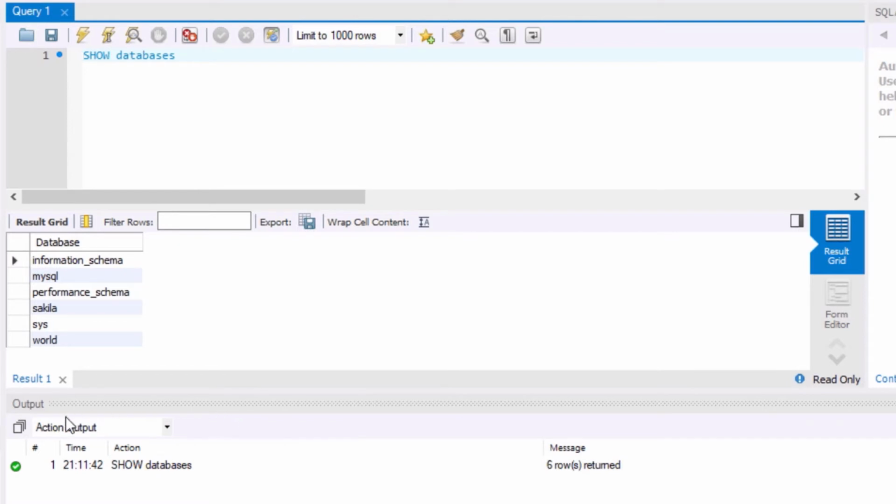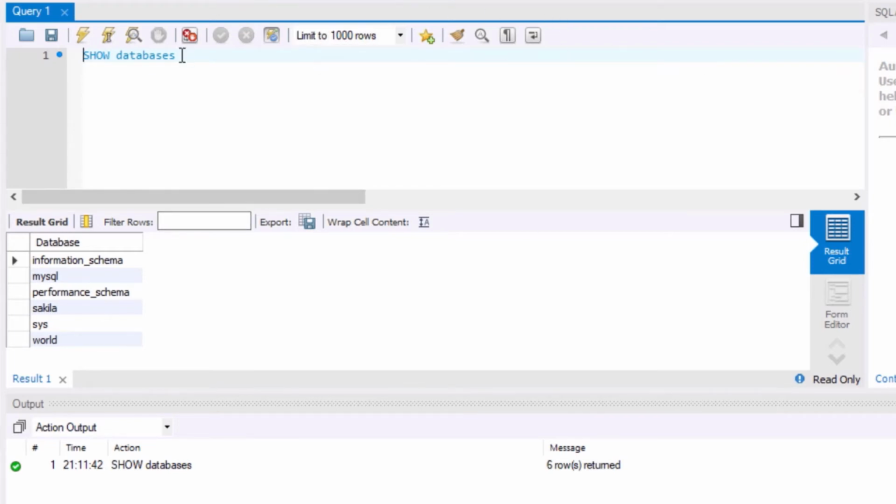So this is the action output window where you can see the output of execution of any query. And then there is a list of databases. This is the output of the current query. And here, this is the schema browser. Okay, so as I have already told you, schema and databases mean one and the same thing in MySQL. So these are various tabs of MySQL Workbench.